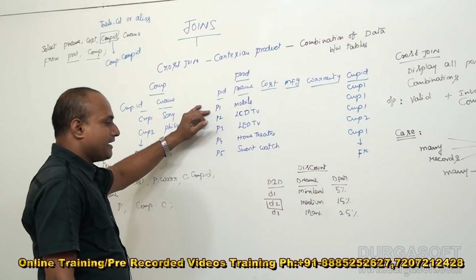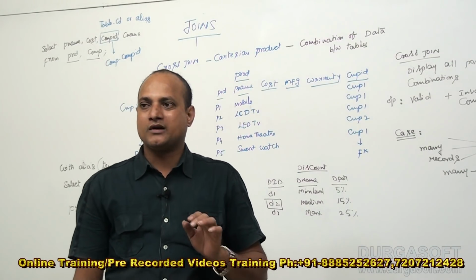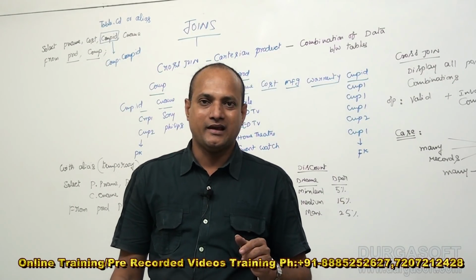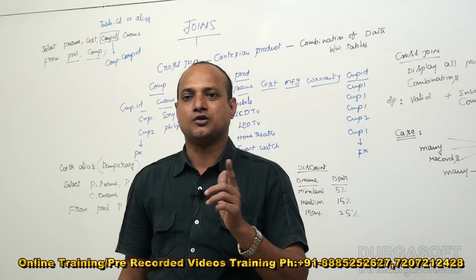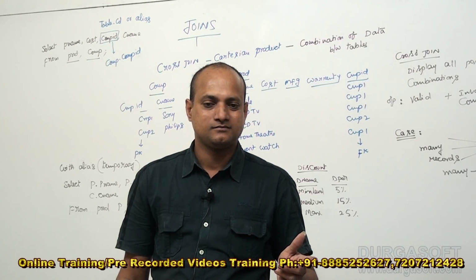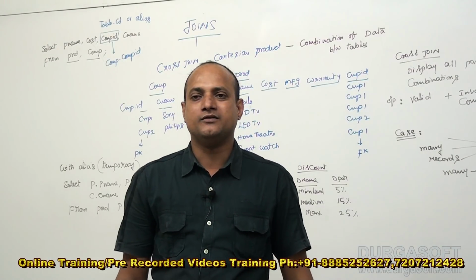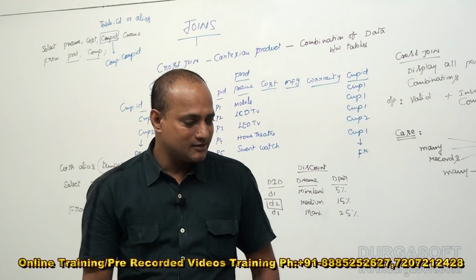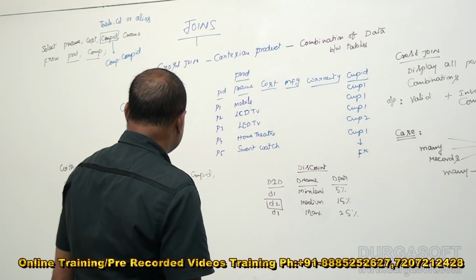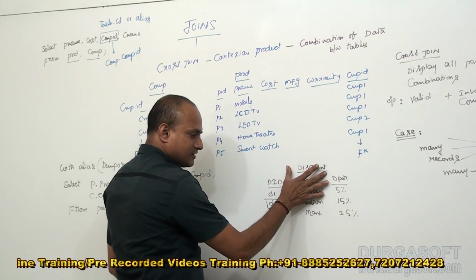But at a time, one product is from one company. In such a case, one combination is valid, another combination is invalid. How can I remove that invalid data? Yes, invalid combinations are controlled by using Equijoin. Remember that. But I told you at the end of the discussion, if you consider product and discount,